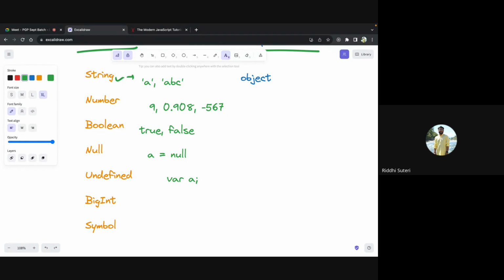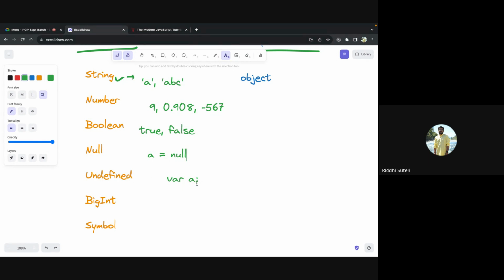With a simple example, if someone gives you a form and you have left a field empty, meaning you have not filled anything inside it, that is a case of undefined. But if you have filled something inside it and want to mark it as null, meaning I have not forgotten to fill it, I don't want to pass any value here, I want to mark it as null, this is a case of null. Null represents a scenario where you want to represent an empty value. Undefined represents a scenario where the value is not initialized yet. It is just like a placeholder for your variable.